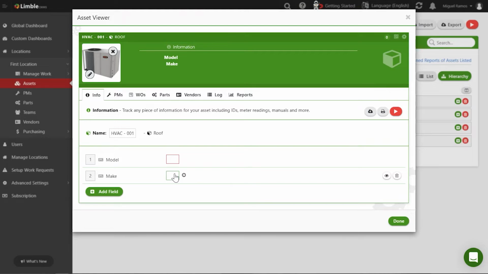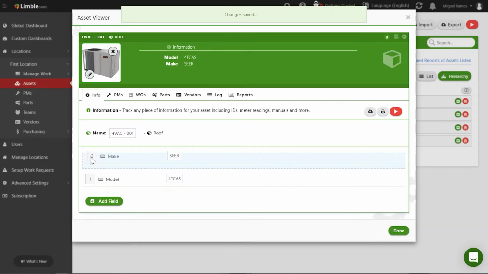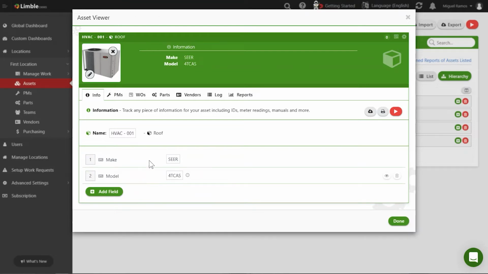Okay, so the make for this asset is a Sear, and then the model is for TCAS. And maybe I want the make to come before the model, so I'll just move that above there. Okay, so now I've added some basic information for this asset, but you can create other types of information that